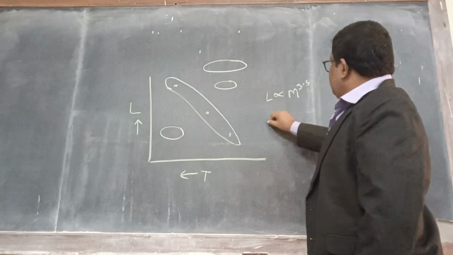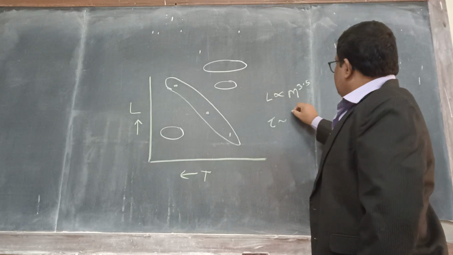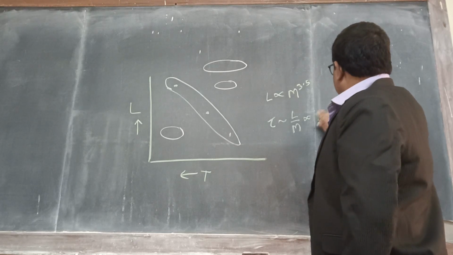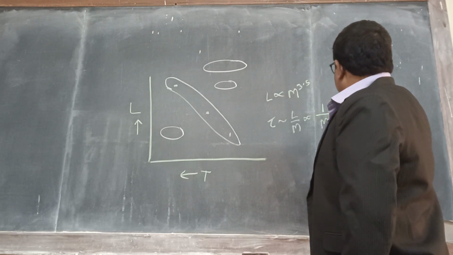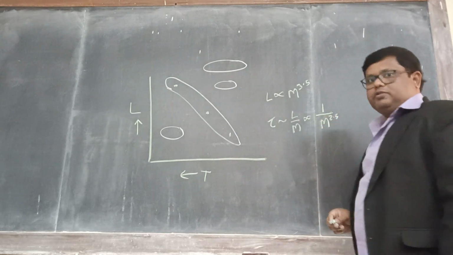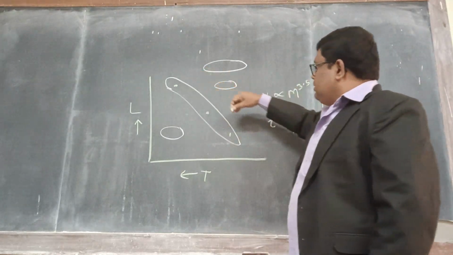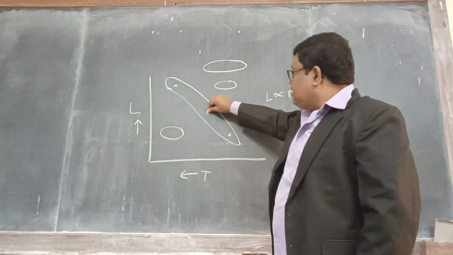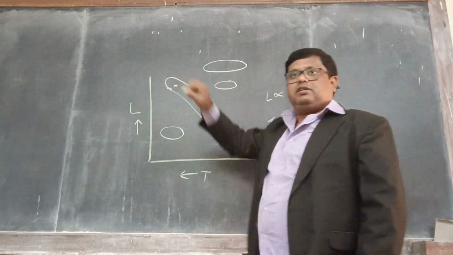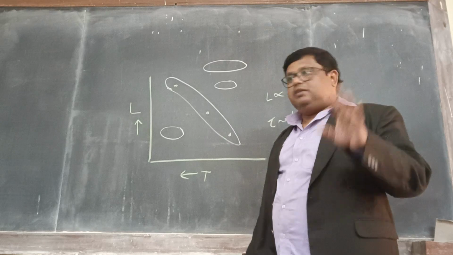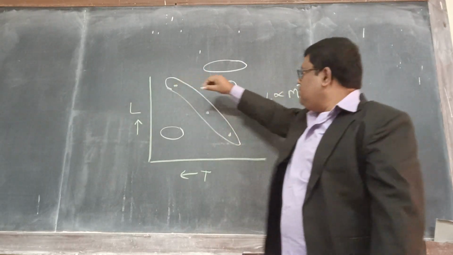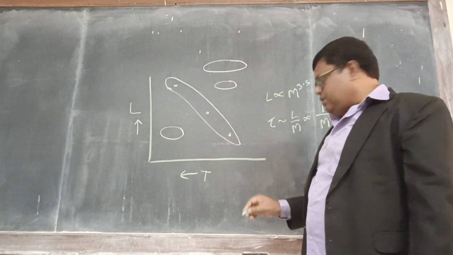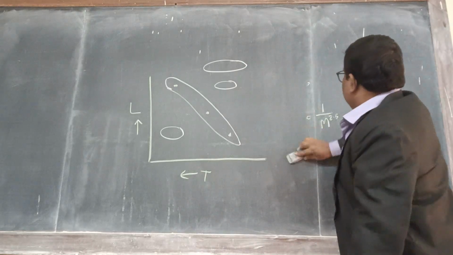Right. Now, think about the lifetime of the star. This is proportional to luminosity by mass, so this is proportional to 1 by m to the power 2.5. Inversely proportional. This means that these low mass stars will have a very large lifetime compared to them, and they will have the shortest lifetime. Try to understand the picture. This will have the shortest lifetime, this one intermediate, and this will have a very large lifetime. Okay? So, with this in mind, let us draw